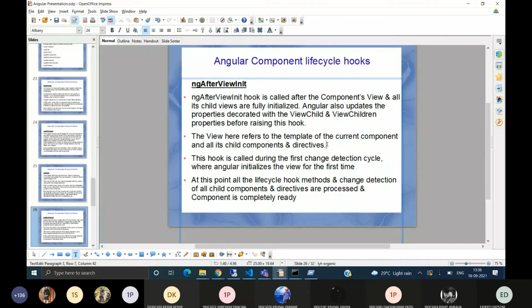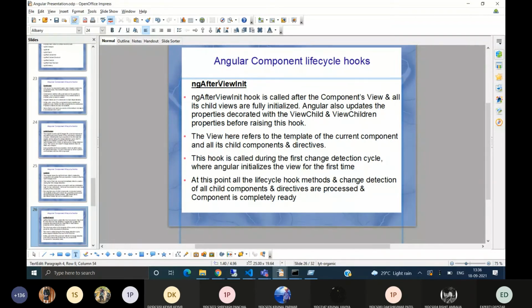So as I just explained, ngAfterViewInit is called when all the child components of the parent component are initialized, then ngAfterViewInit is called in the parent. This hook is called during the first change detection cycle, where Angular initializes the view for the first time.